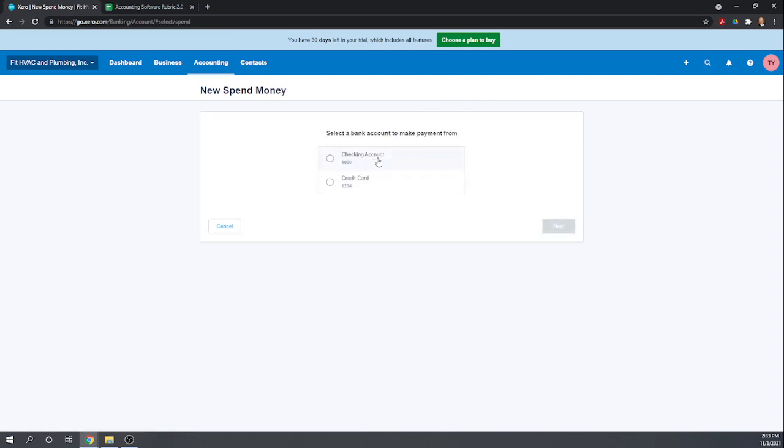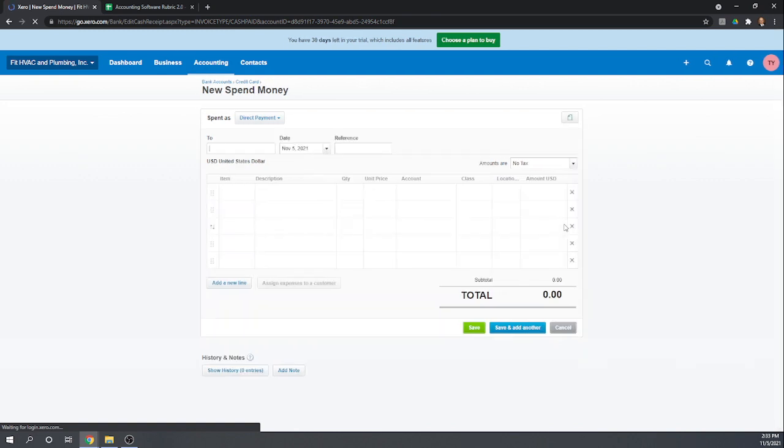Excellent. So the reason these 2 accounts are showing up is when I set up the chart of accounts, I said make this account available for payments. So we are going to pay this out of our credit card account. Okay, and so let's see what our choices are. Okay, direct payment to Lowe's,